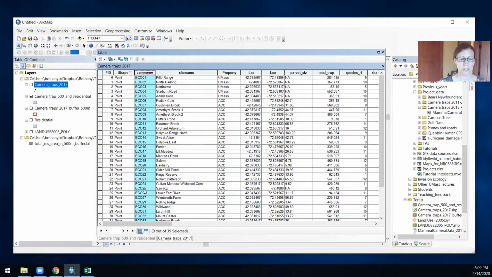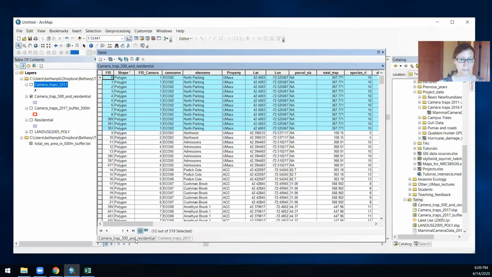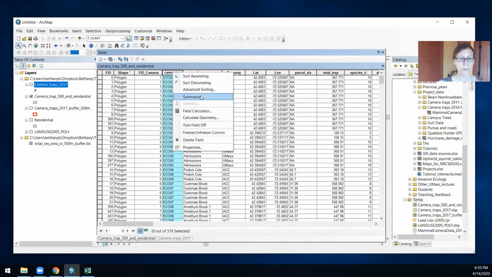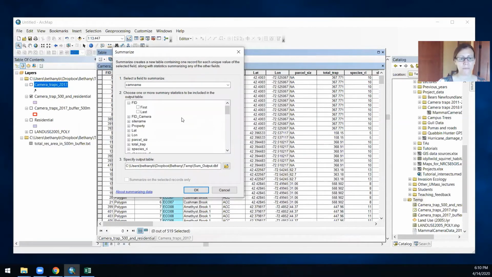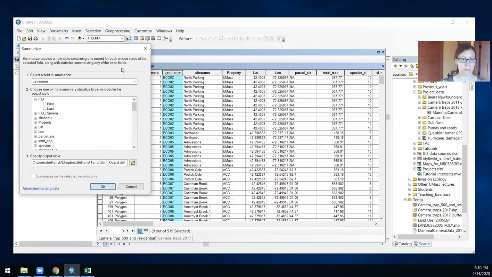0, 1, 2, 3, eco, I recognize those values. So I am going to make sure I clear the selection, otherwise it'll only work on the selected thing. We will use our fancy summarize tool. So summarize, remember, at its minimum is just going to count up the number of residential parcels within that 500-meter buffer. So it would say there's 12 or whatever the number is, camera trap or residential parcels for eco 0,